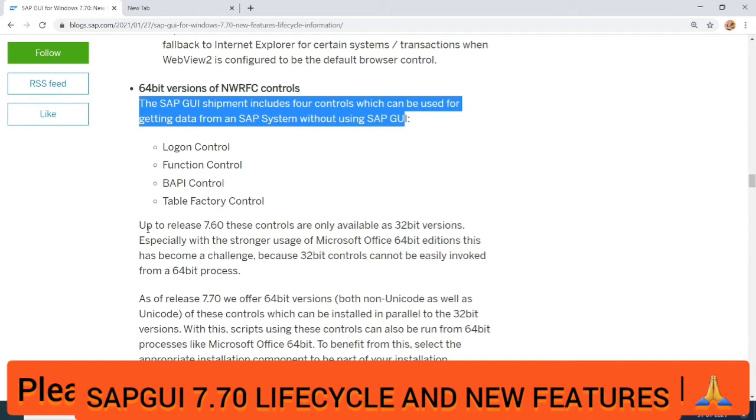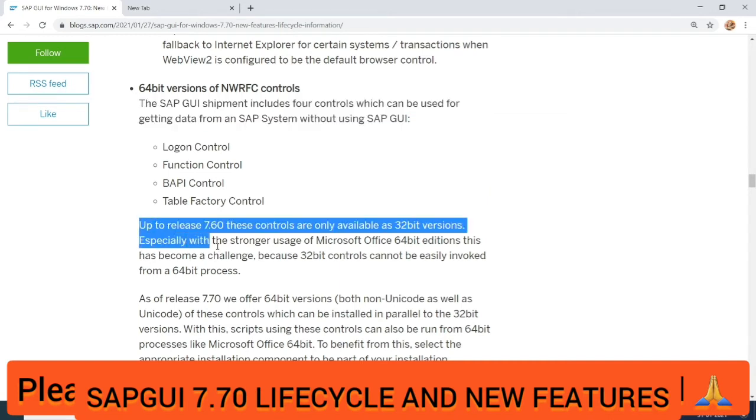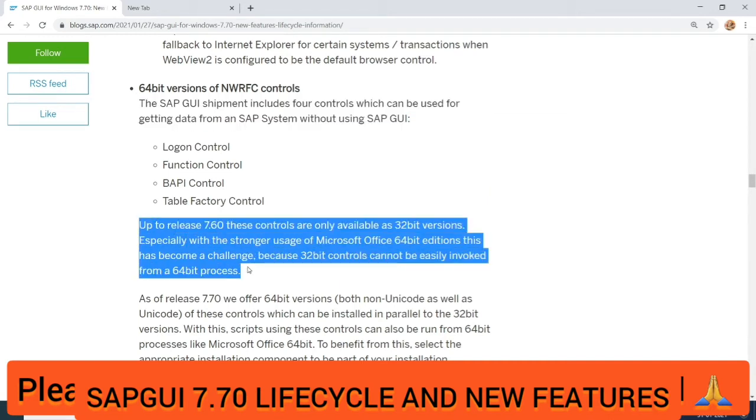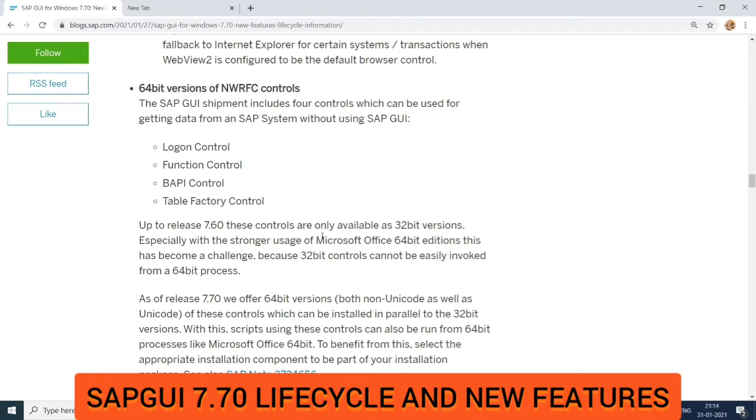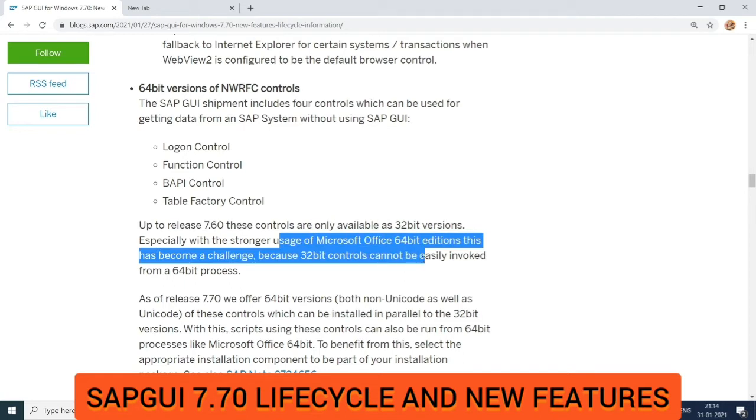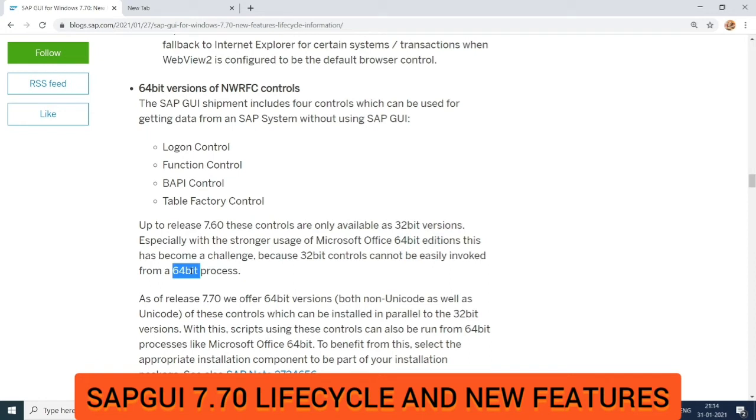Up to release 7.60, these controls were only available as 32-bit versions. Especially with the stronger usage of Microsoft Office 64-bit edition, this has become a challenge because 32-bit controls cannot be easily invoked from a 64-bit process.